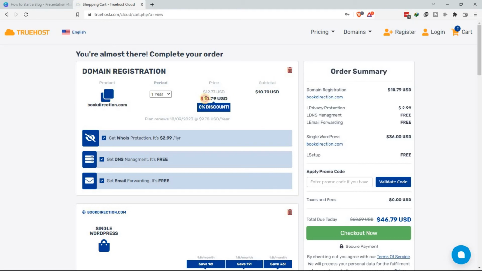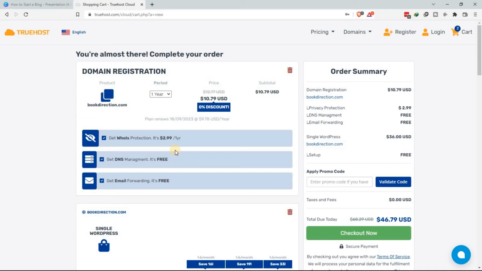Yeah, so it's $10.79. Why is it 10, yet we saw earlier on that it mentioned it was 7.80? It's because of the domain name protection, ID protection. So as we will see later on, there are some details that you provide when you're registering. It includes your name, your phone number, and your email. Now these are the details that I will use to register your domain.